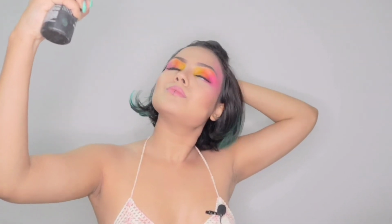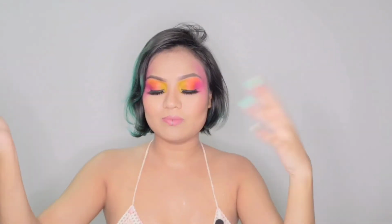I hope it's gonna last through the whole concert, because I forgot to film using the setting spray. I have to use the setting spray. That's important. I'm using L'Oreal Infallible makeup setting spray. Setting spray is really important if you want to blend in your makeup and make your makeup last longer. And also it's important to just fan yourself and dry it down as fast as you can. It's going to be better if you have something like a paper or something to...